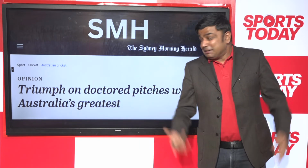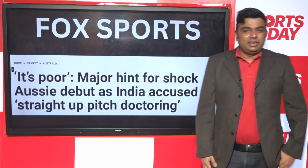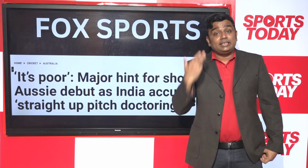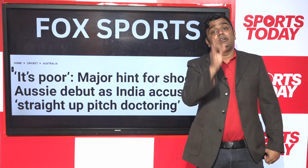So that is why pitch doctoring straight up, it's poor already. It borders on, you may say, Australian paranoia. One hopes that the Australian batsmen shut out the outside noise and play well on this deck, because the true greatness of a side is assessed on the basis of how they perform in any condition. One hopes that Australia can do that. And remember, the World Test Championship final is very intense at this point in time. We have 3 series lined up, which could be potentially deciding as to who will play the final on June